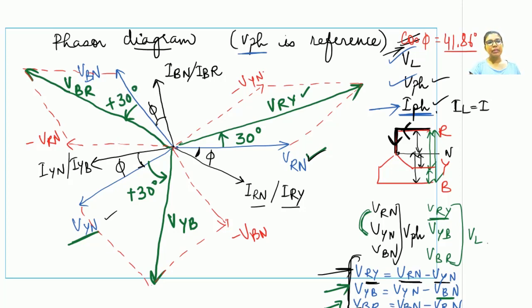So this is the complete phasor diagram representation of a star connected load representing the line voltages, the phase voltages and the phase currents. In fact, we have also represented the line currents as well, because for a star connection, the line current and the phase currents are equal. So with this, we have completed the final bit of the question as well. But we are not yet done with the numerical.